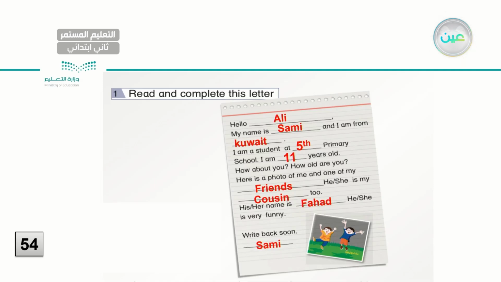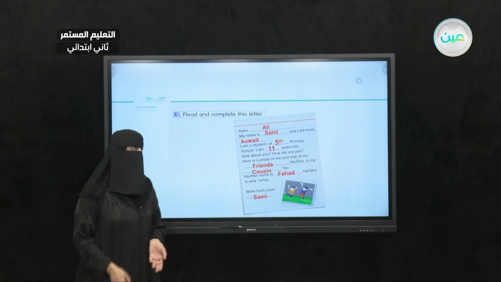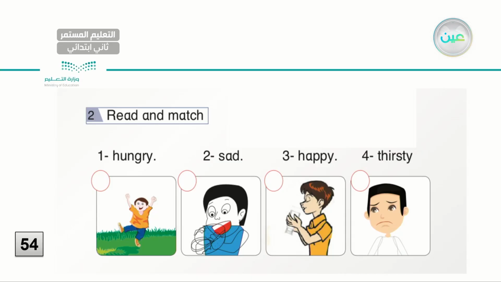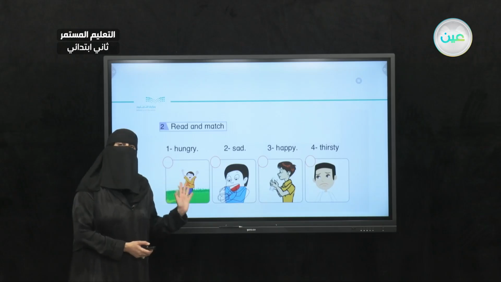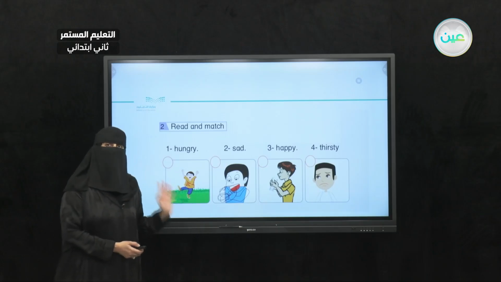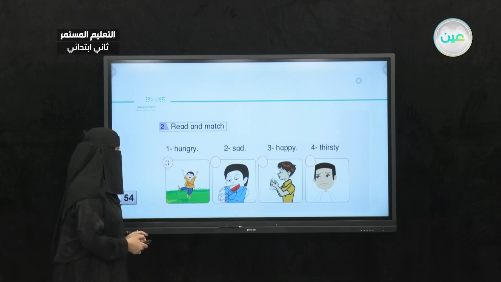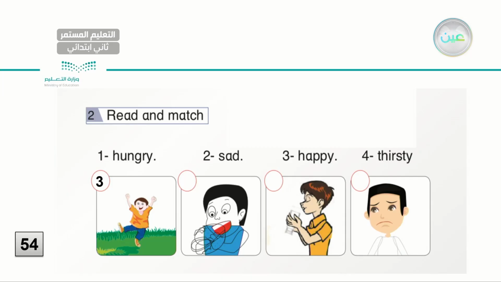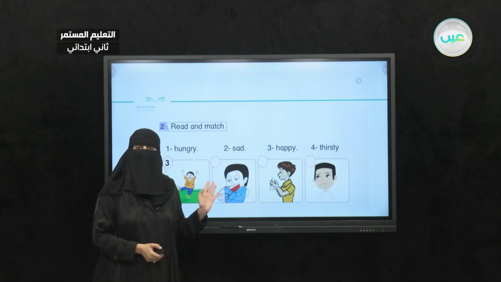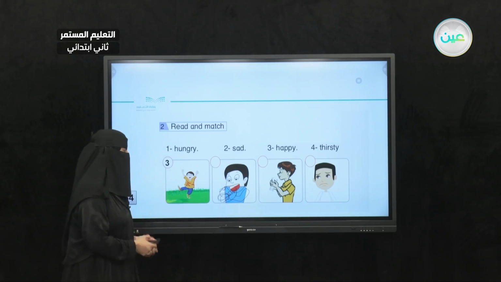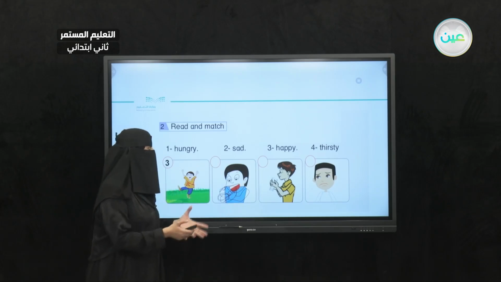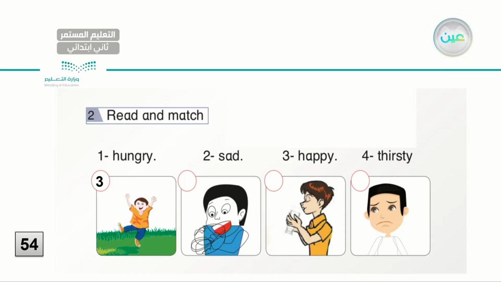Okay, so here I have a letter. Try to complete it, okay, and practice reading the letter several times. Okay, so let's start with the first picture. I hope you get this one correctly. So how does the first boy feel? He feels obviously happy. Very good. He looks happy. How about the second one? He is grabbing some food because he is hungry. Very good. Number one, hungry.